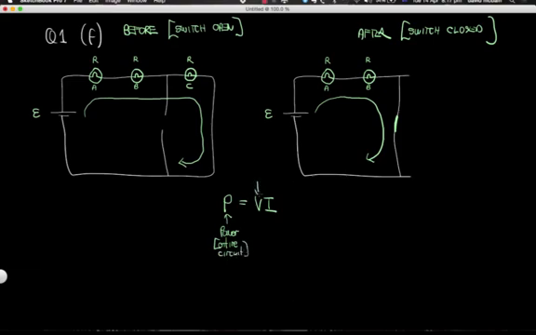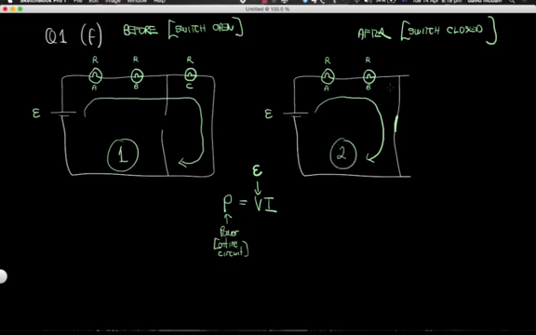V is the voltage of the battery, which in this case we're going to call E. And I is the current through the circuit, coming out of the battery. So we're going to come up with an expression for the power in circuit 1, and an expression for the power in circuit 2,